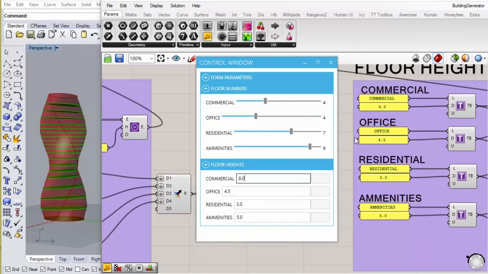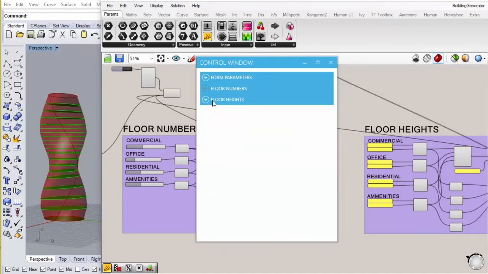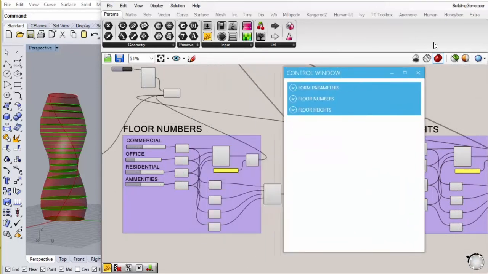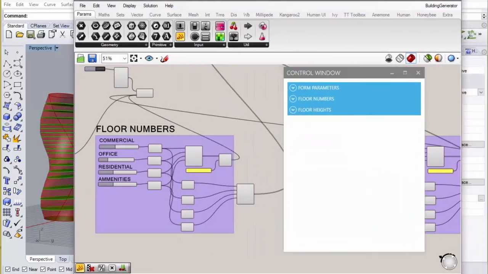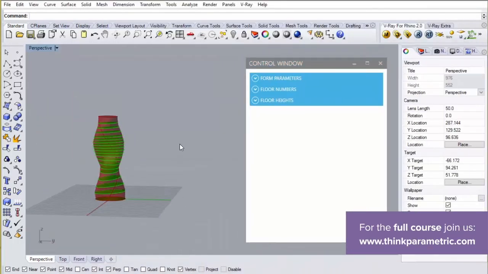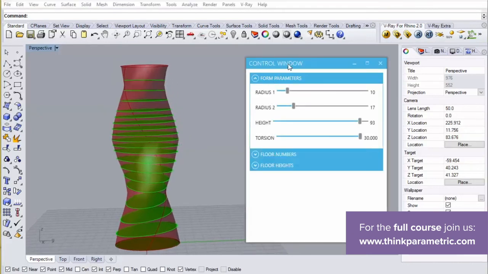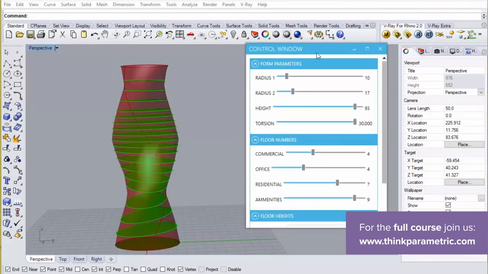So that should be it for our inputs. That's actually a very neat little window which shows everything that you might want to control about this form, in a way that's really organized and anybody can interact with.